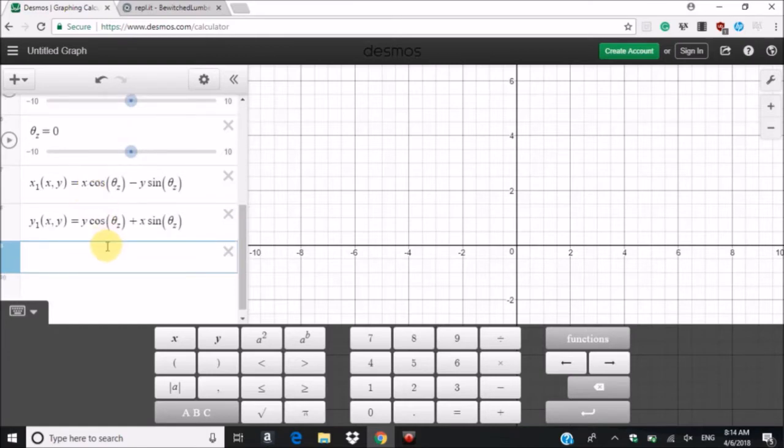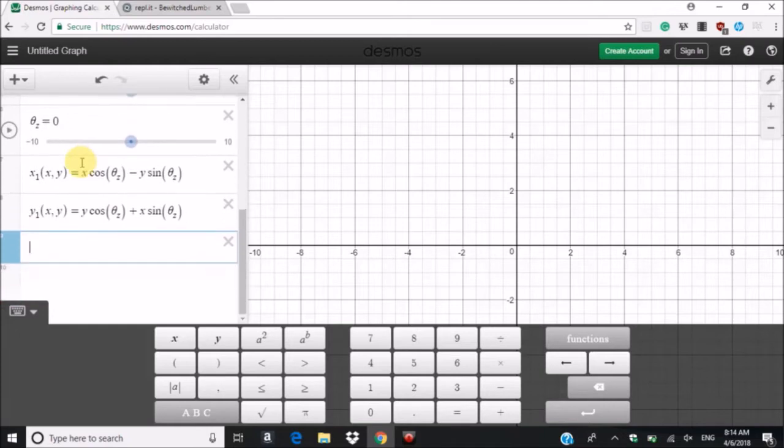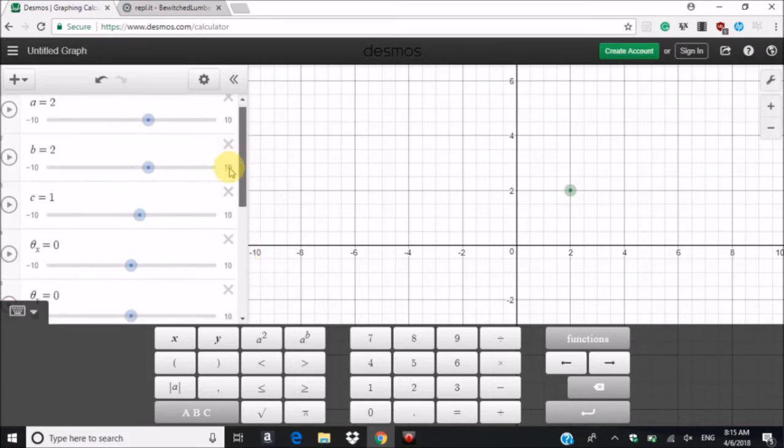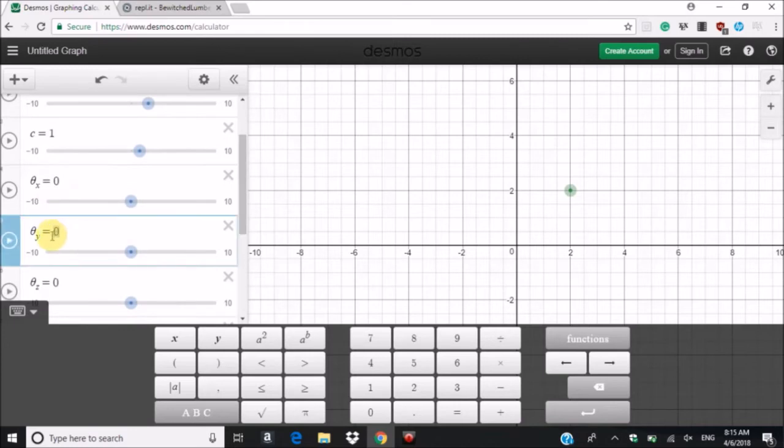So let's see how this is going to work. Let's make a point at x1. If we move this 45 degrees, this one,